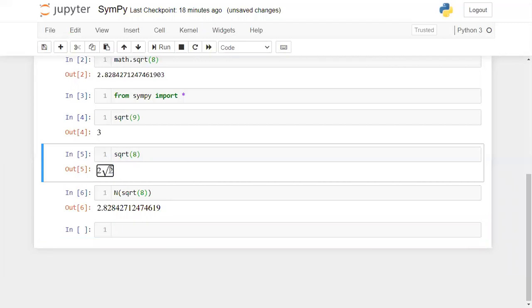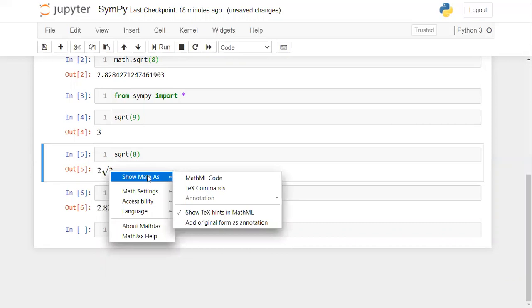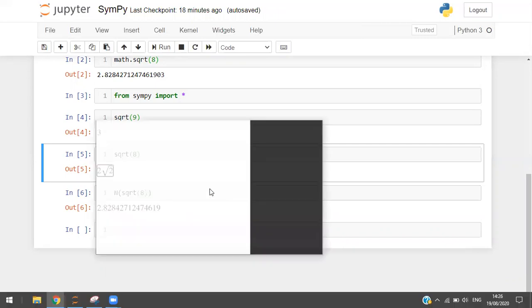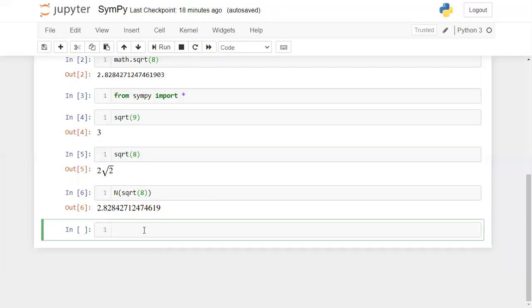Now if you want to represent in markdown like this, then you can go with show math as and then select text commands. Now can you see it is giving some information here. You just copy that and paste it in your markdown cell. Now go back to your cell and make it markdown. Now I'm pasting that. Now you just mention these things inside dollar signs.